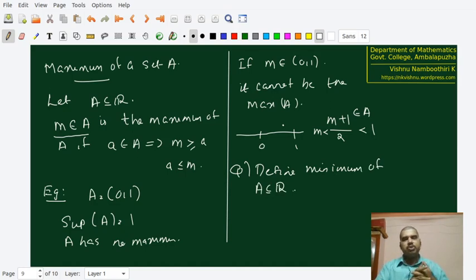Now there is a possible question. What is the supremum of the empty set? For a set to have a supremum, it must be bounded above. To have an infimum, it must be bounded below. But we haven't actually said that if a set is bounded above, it has a supremum, or if a set is bounded below, it has an infimum. We haven't actually said any such thing. But it will be a good thinking exercise to think what can be a supremum and what can be an infimum for the empty set.